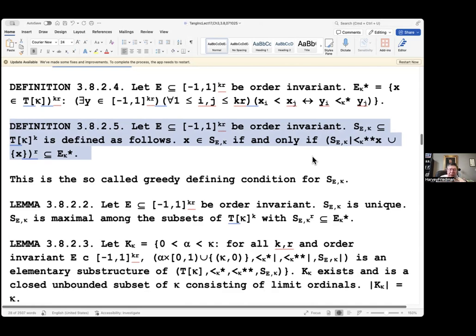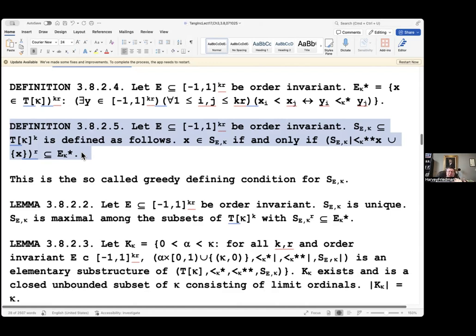A point gets into the set if and only if, when we restrict to everything below, if we tack it on, we get something contained in E_kappa